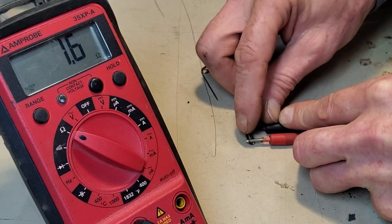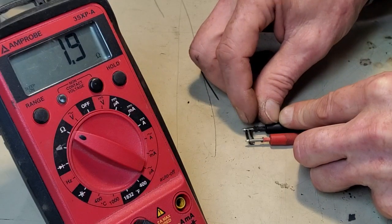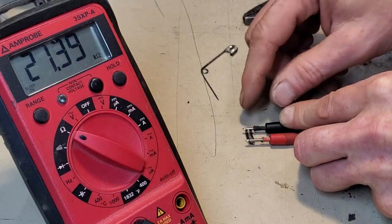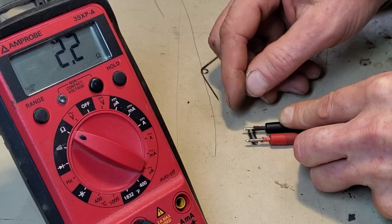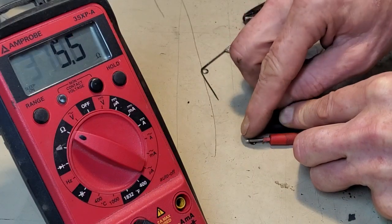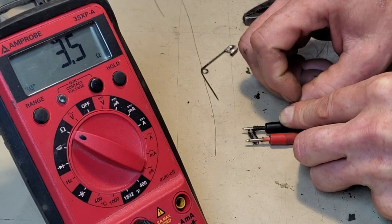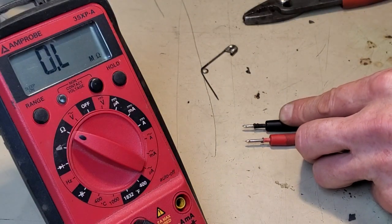How about this? How about if after I wiggle it, does it return back to around 1, 2, or 3 ohms, or 4 or 5, somewhere around 5? I move it around, and that's saying 29,000. .4, 8.1, 2.9, 3.4 ohms. Alright, I'll put that spring back with my known good spare,